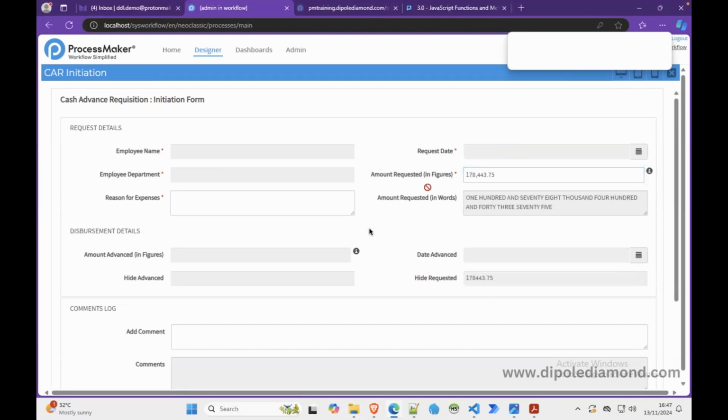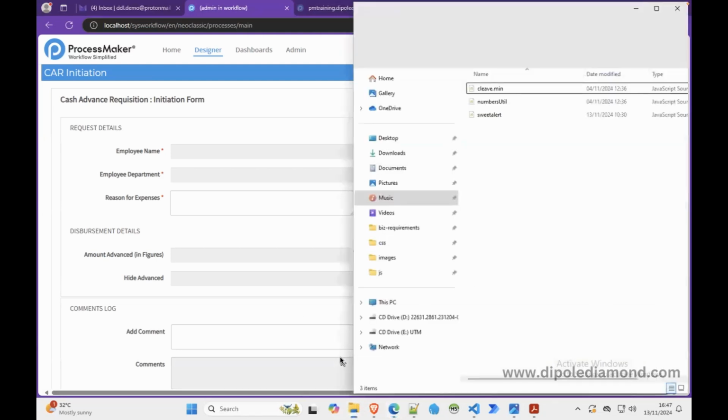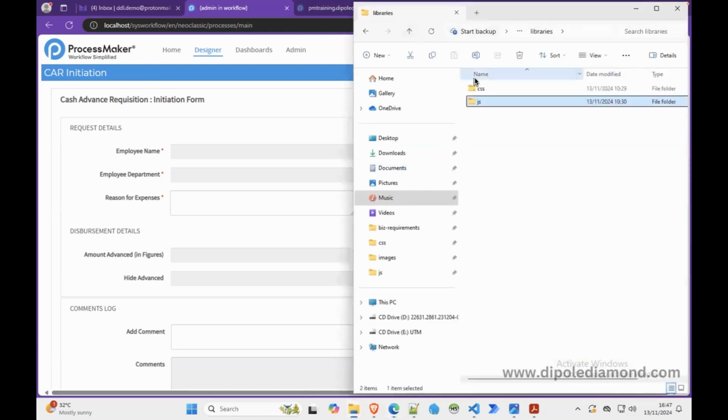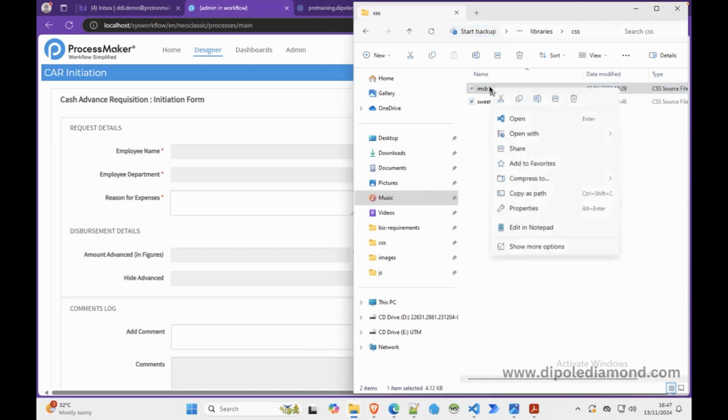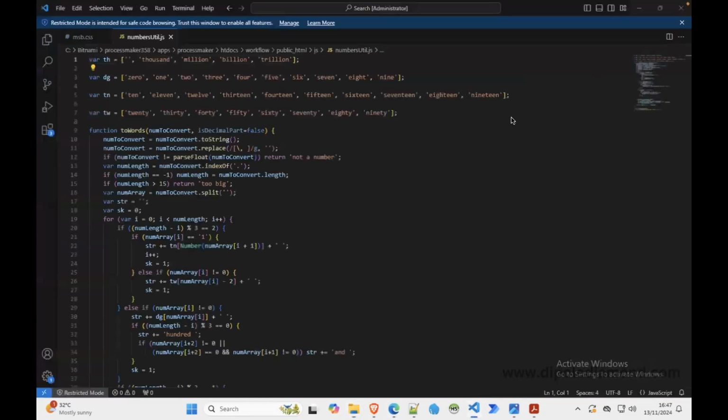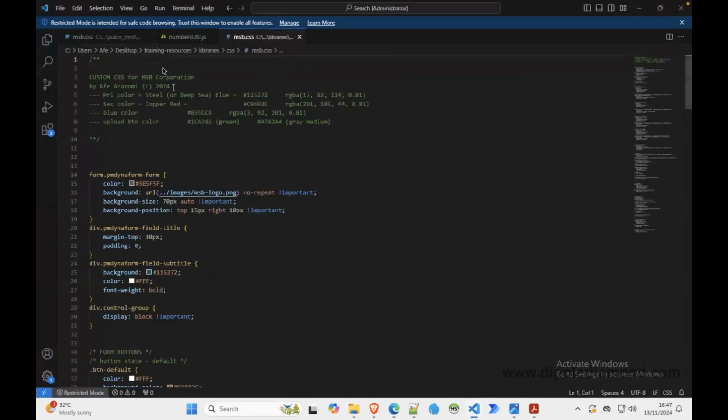But again, this form looks very bland. So we need a style sheet to help us improve the user interface of the form. And for that, we shall be using this MSB. MSB is the name of our fictional organization, MSB Corporation. And if we are to open this with Visual Studio Code, you see that